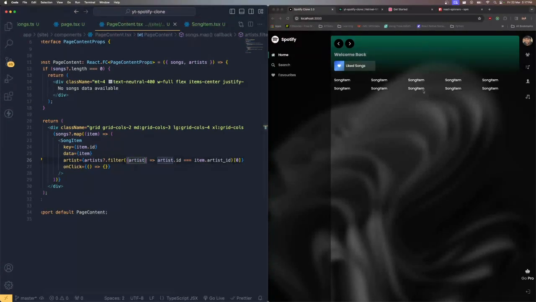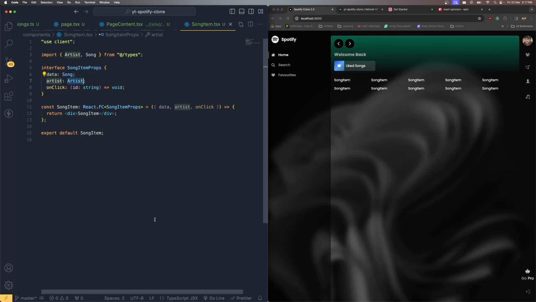Okay, so now the song data and everything is there. So let's go ahead and customize the song item over here. Now inside this item, of course, we need to load the artist image, as well as the song's image. So what I'm going to do is